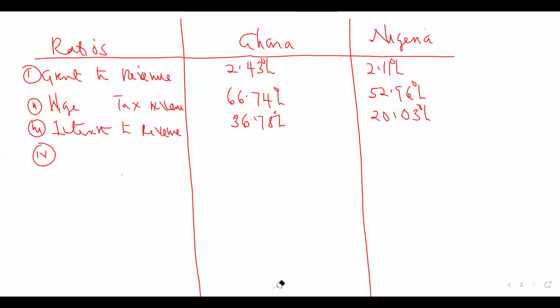So we have the debt to GDP. That is 88.72. Okay, 88.72. Okay. What about the